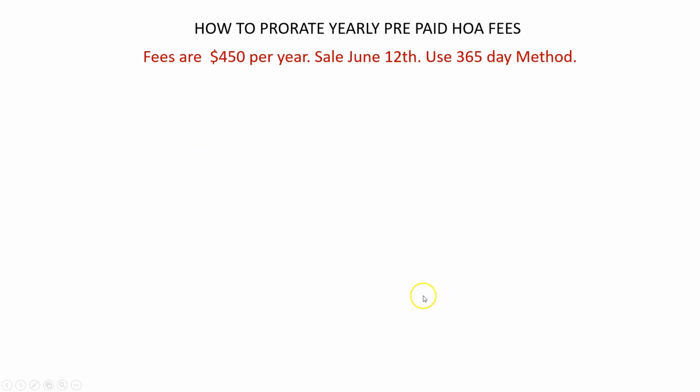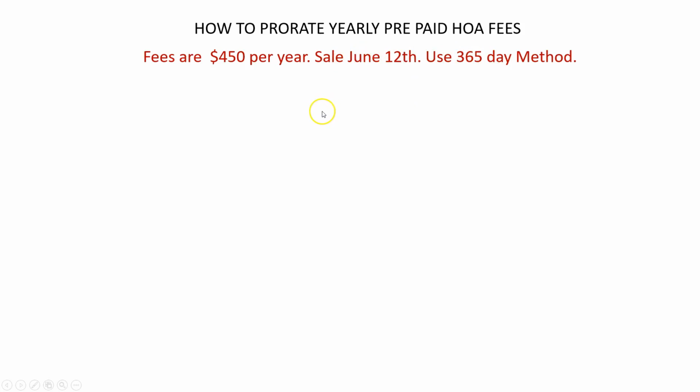How about how to prorate yearly HOA fees that have been prepaid? Fees are $450 per year. Sale date is June the 12th. Use the 365-day method. Now in this particular case, the fees have been paid by the seller, but the seller's